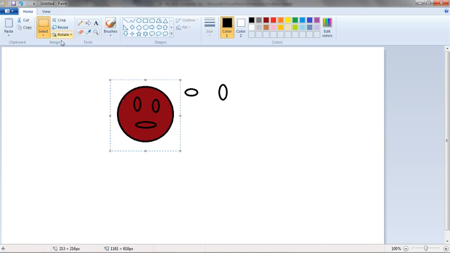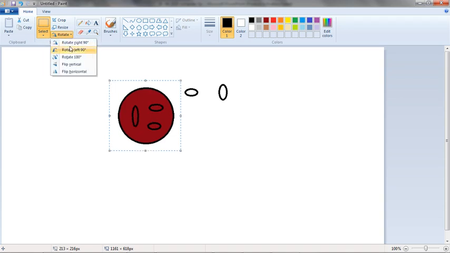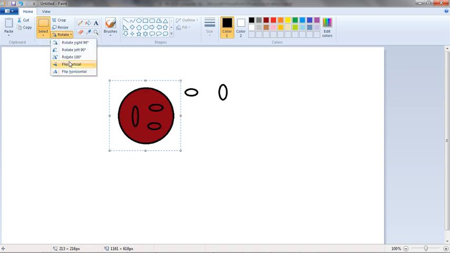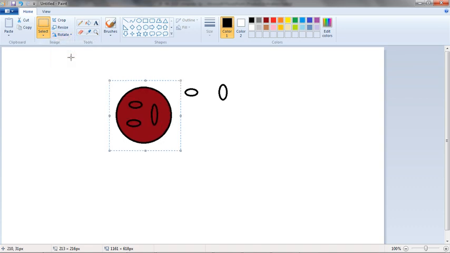Okay, then give here the rotate option, rotate. See, can you see this? Right, left, rotate left and rotate 180 degrees and flip vertical, and here flip horizontal.